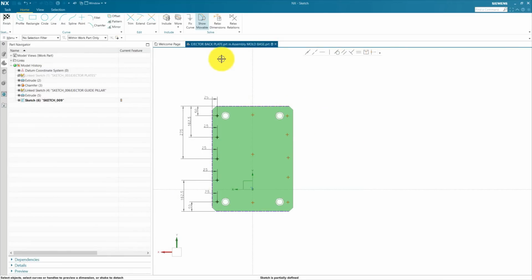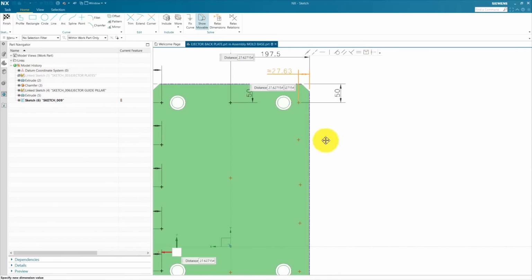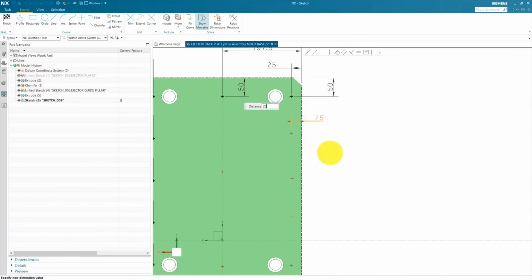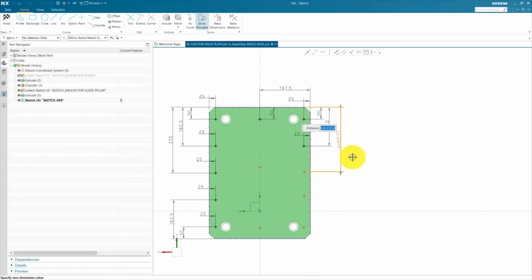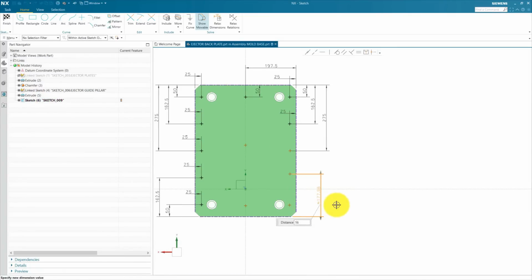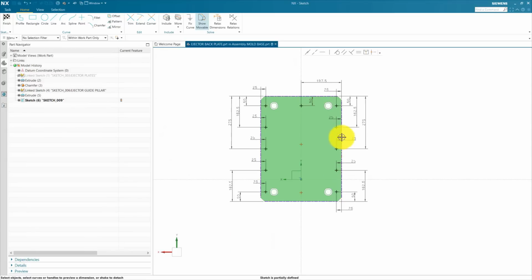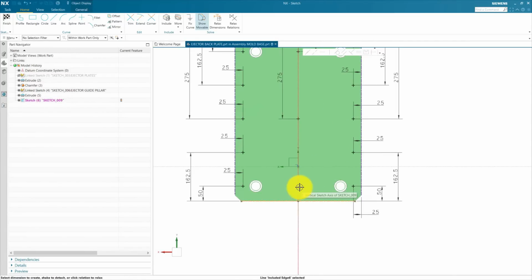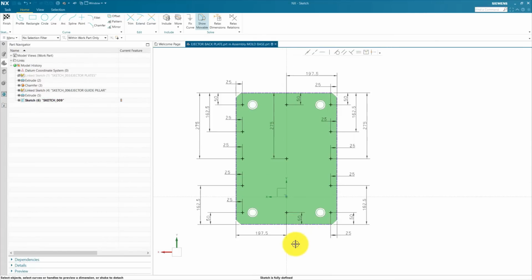Now we are going to define each point. Okay, now our sketch is fully defined. Finish this sketch.